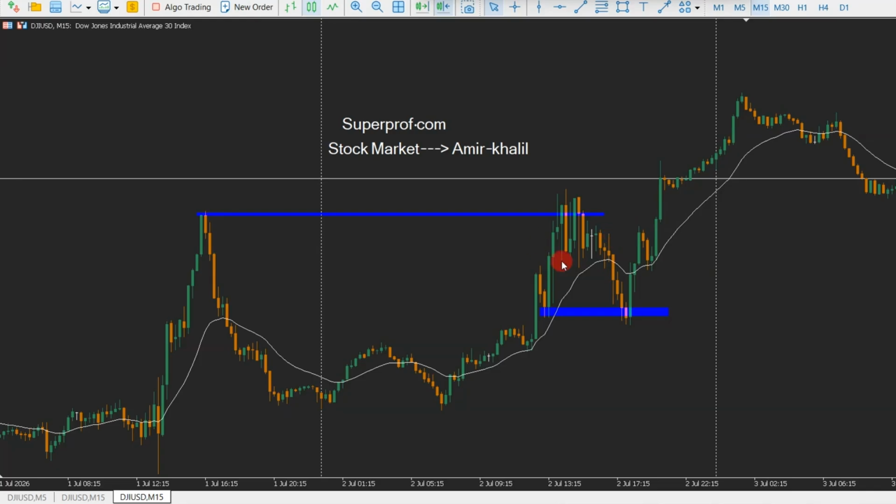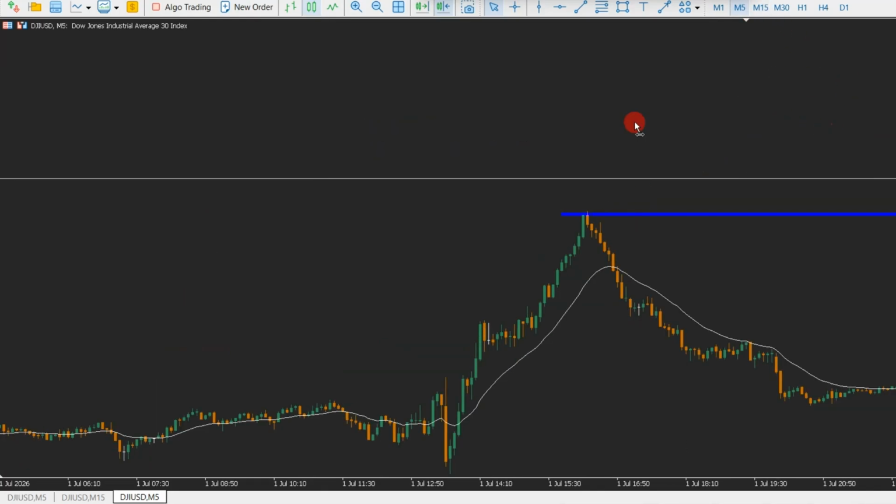So in this exact scenario, in order for you to understand everything, I have to go to the 5-minute chart. Right now we are on the 15-minute chart, and by the way, guys, I only trade the Dow Jones asset, and in my opinion, it is much more decent for learners who are building their foundation compared to other assets such as gold or other ones. So if I go to the 5-minute chart,